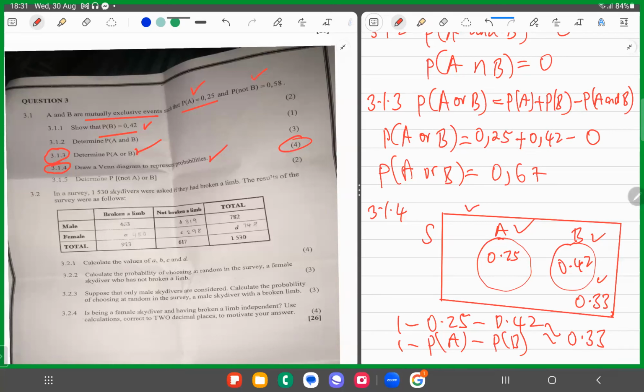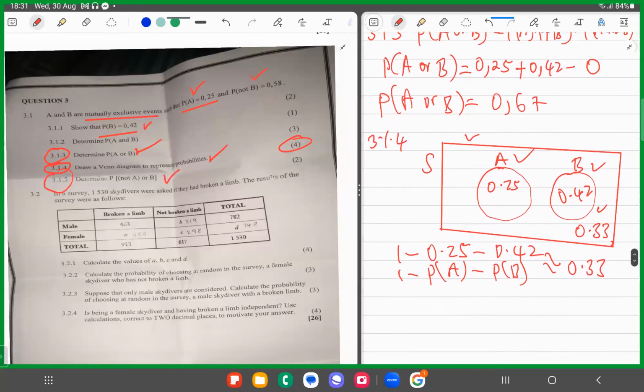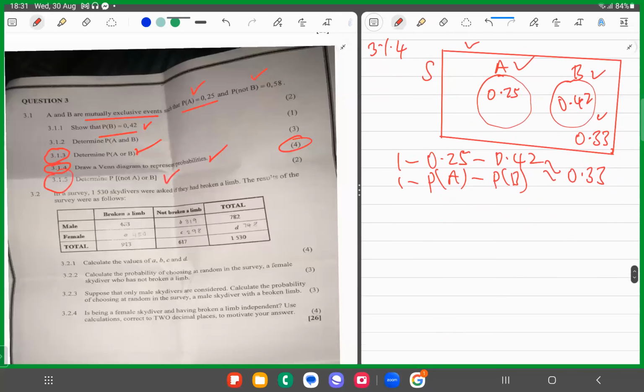Right, so in 3.1.5, you need to determine the probability of not A or B. Let's look at 3.1.5. So you have the probability of not A or B,